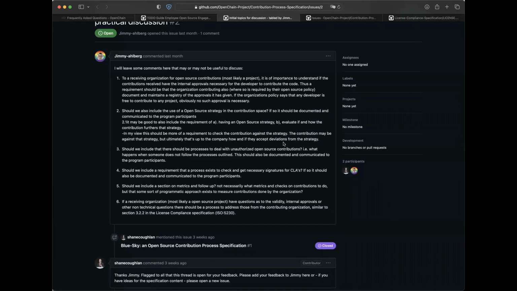Just in the way in our license spec, we have the thing where you should have an external liaison to explain your license compliance. Do we want to have an external liaison to explain your open source contribution policy so the projects can swing back and check that everything looks good? Now, that type of material is almost a blank sheet and is very useful to get us sharing ideas.